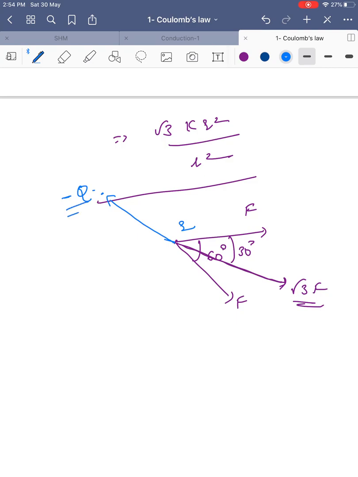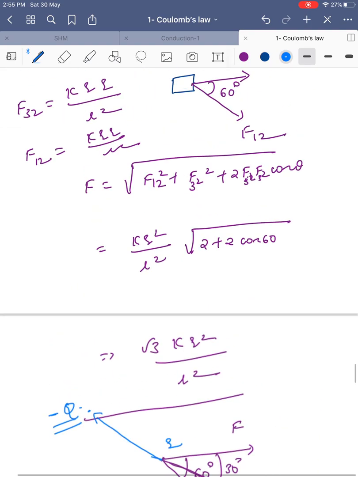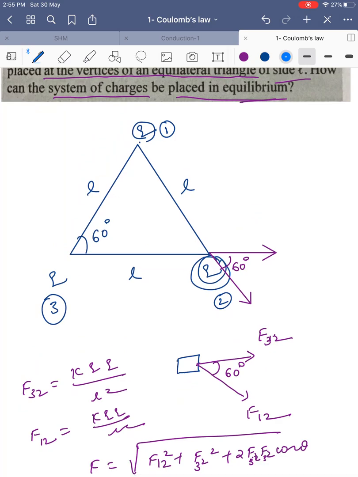So the sign we understood. How much is the magnitude? This is where the logic lies. How much is the magnitude? Okay, so let's go back to the triangle and see here. What is the value? This, we said, is Q. It is minus Q, and an attractive force. How much is the distance here?